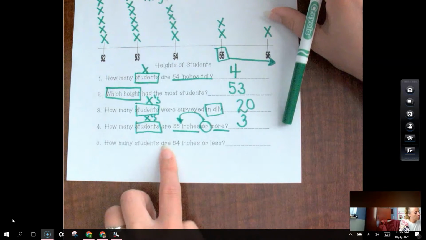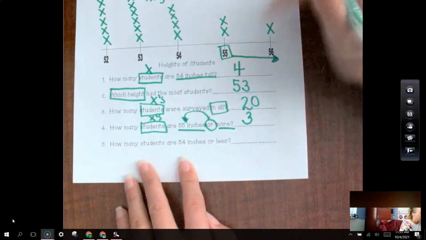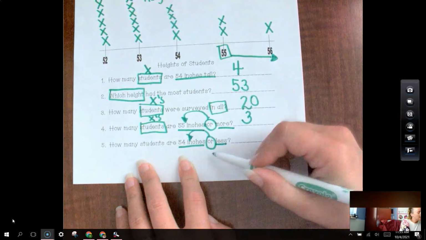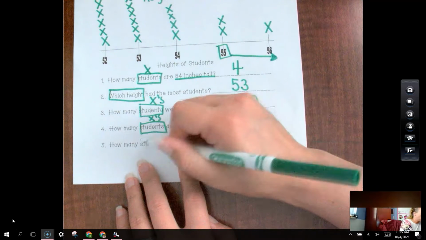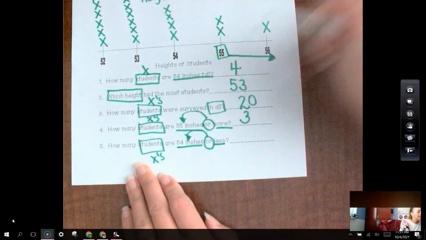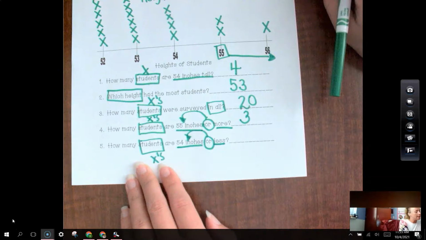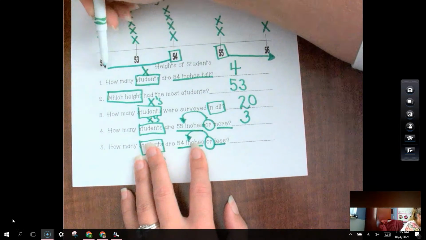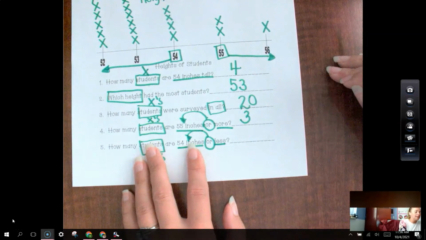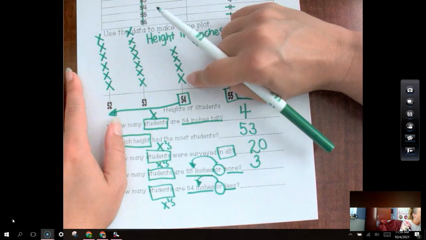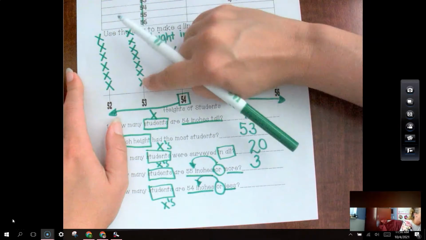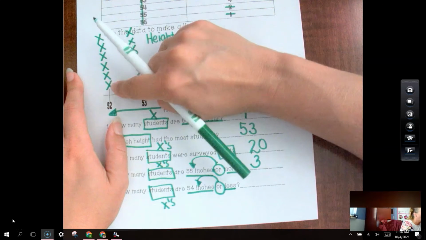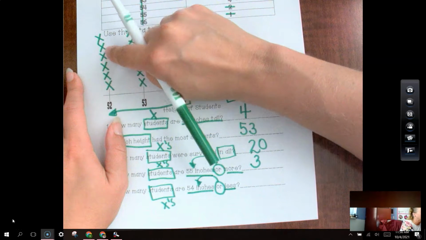How many students are 54 inches or less? 54 inches or less. "Or" means you count the 54. Also, students means X's. When they ask about students, people, they are the X's. So we go to 54 inches or less, and we have to count the X's. So let's count them. 1, 2, 3, 4, 5, 6, 7, 8, 9, 10, 11, 12, 13, 14, 15, 16,